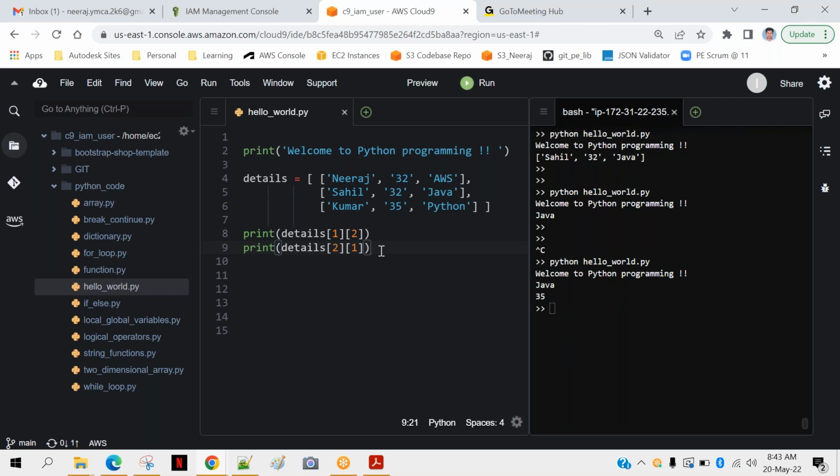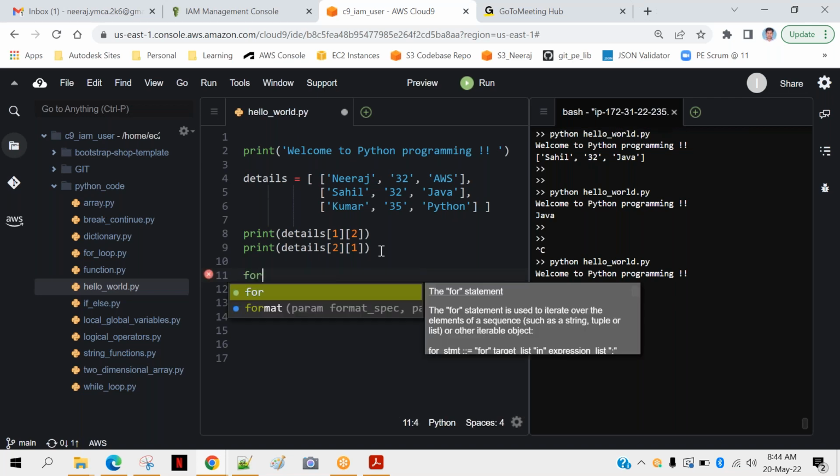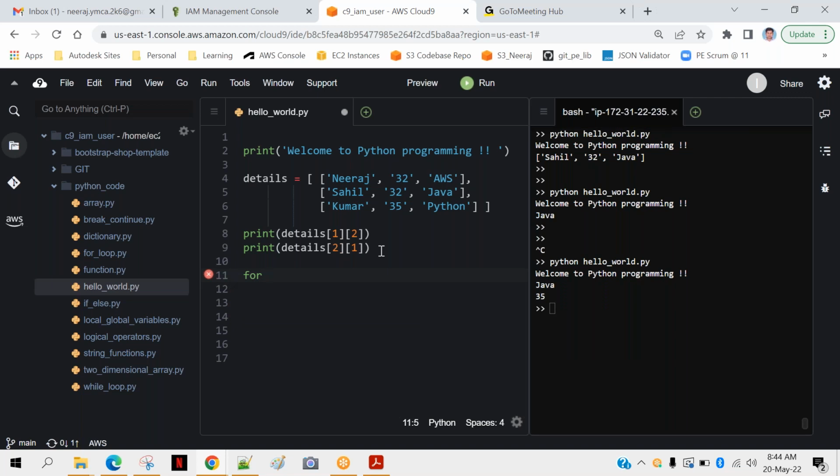One more thing you can do is, suppose you want to iterate over an array. You can use a for loop, and you don't need to know how many elements are there. That's not required. It's very easy. You will do for A in details. This one should be your array, the right side part.